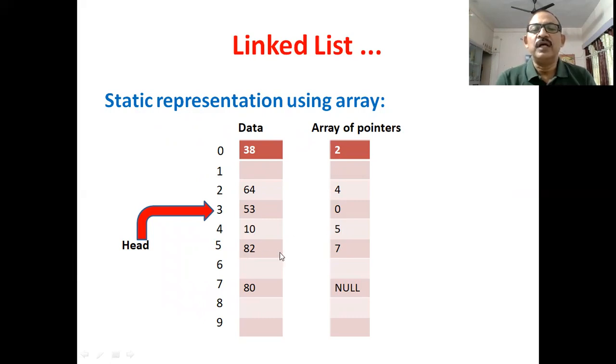The next node at location 7, that is 80. And the address in this field is null, meaning there is no more node in the linked list. This way, you can define a linked list in a language that does not support dynamic memory management.